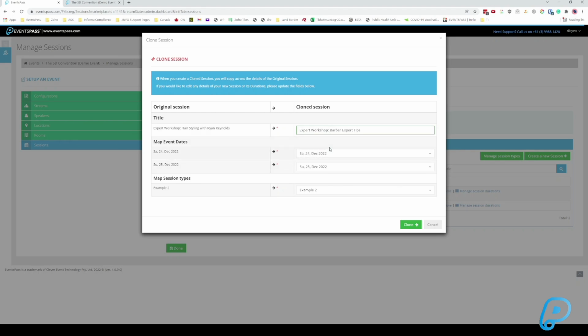If it's running at the same times but on different days, say runs on Thursday and Friday, we can then map it accordingly so that the Saturday time slots will carry over to Thursday, Sunday time slots will carry over to Friday. And then we can again just choose a type, but this doesn't impact the customer experience, so we can just keep it as is, and then we would hit clone,